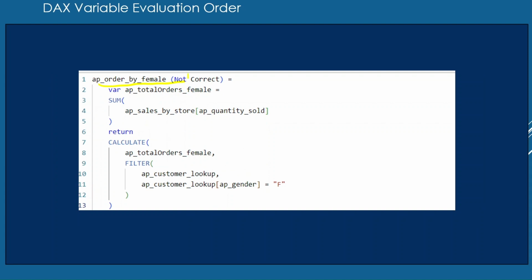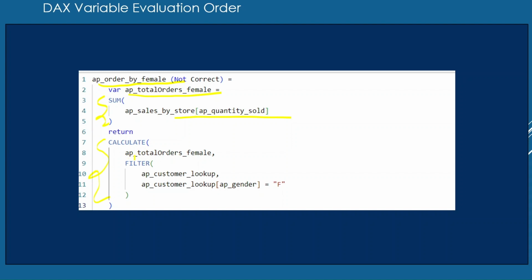See here, what we are doing here, we are calculating the same thing, total quantity sold, but here we are defining the variable, and this is the expression, and what we are returning, we are returning an expression, and in the expression